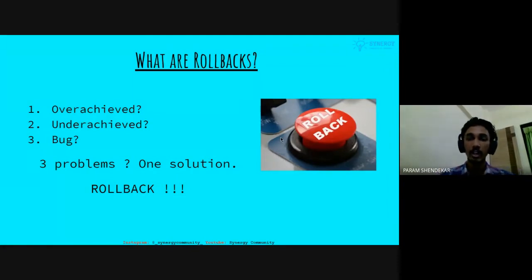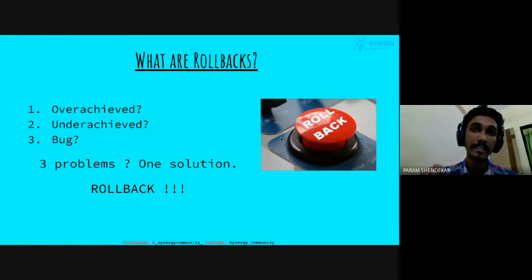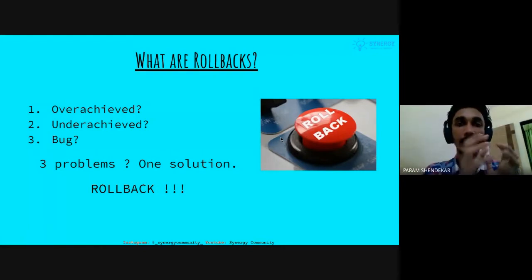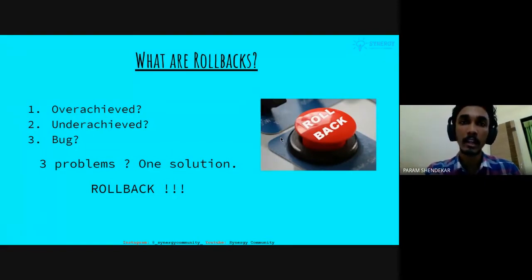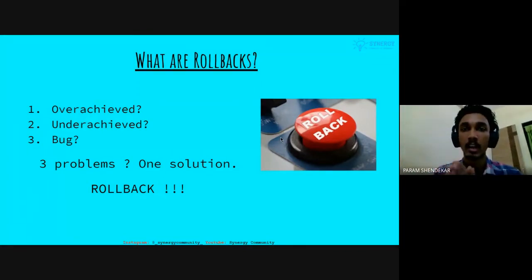Next we have git revert. It doesn't remove the changes, but it inverts them. So basically, I am on commit number 3 and I have done commit number 4, but then I realize that I needed the version of the files that were present in commit number 3. So I'll use git revert and then the commit ID. What it will do is it will not erase commit number 4. It will create a new commit number 5, which will have exactly the inverse of the changes that were made in commit number 4. So you don't lose track of anything. Git revert is used often because the history is preserved.